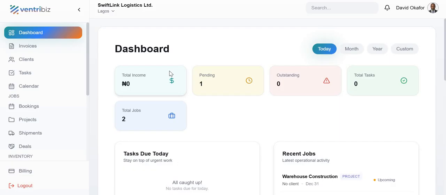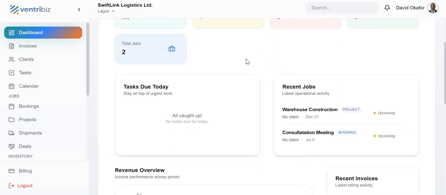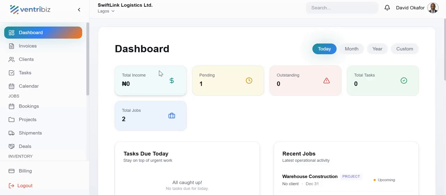Today I'm going to walk you through the VentriBiz platform. As you can see, we're on the main dashboard of the VentriBiz platform. This will give you an overview of everything. Just to scroll through, it shows your